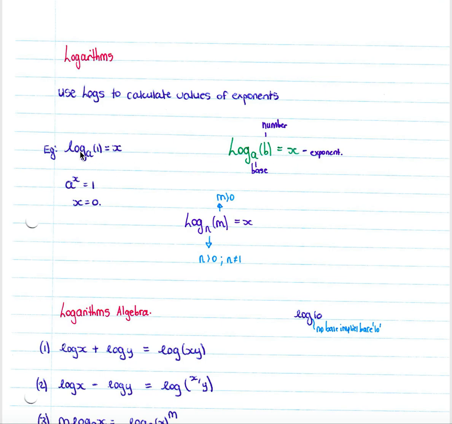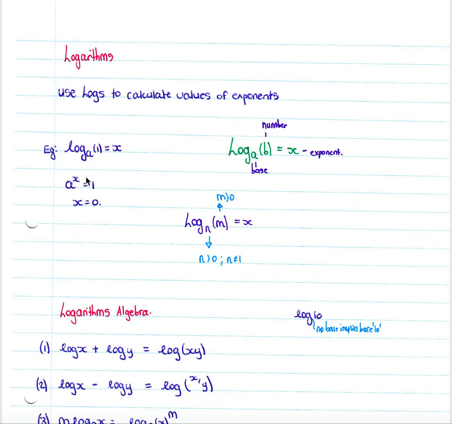So as you can see here, a is now our base, 1 is our constant, which is what a to the x would have been equal to, and we're now solving for x, which is shown here. Our base is a, our exponent is x, and our constant is 1. We can see that x is then 0 because